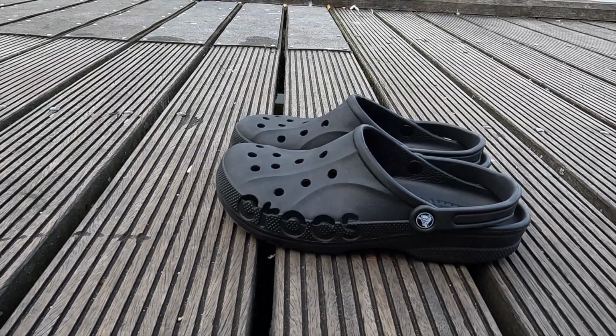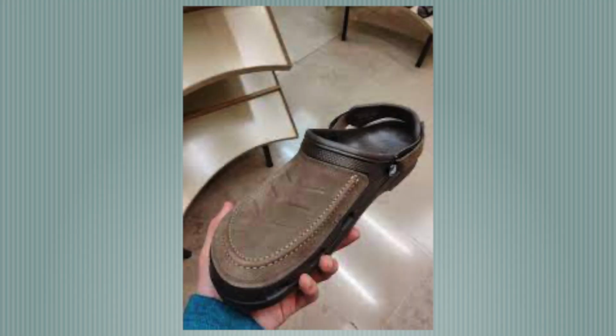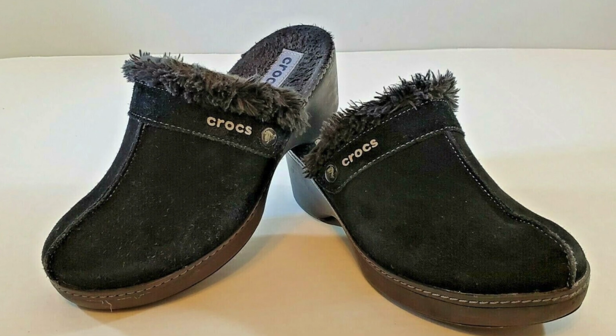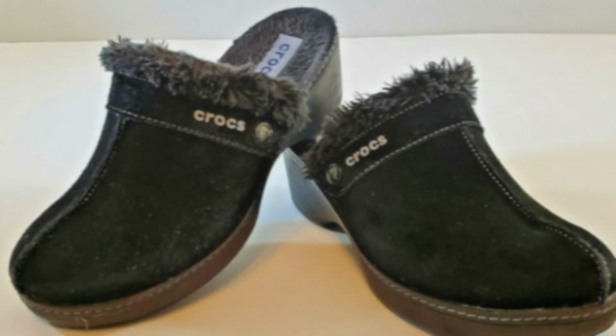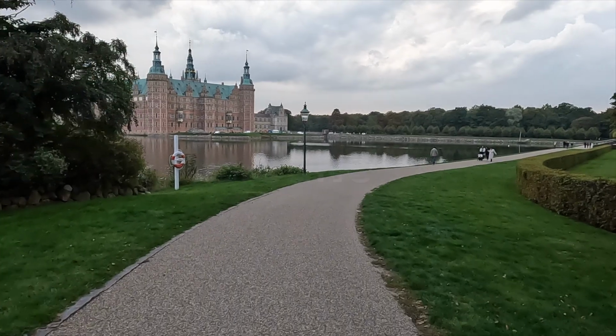And remember, these instructions are for regular Croslite Crocs. If you own a different kind of pair, such as leather or suede Crocs, machine washing is not a safe option. To learn about alternative methods to clean different Crocs types, head over to our article on